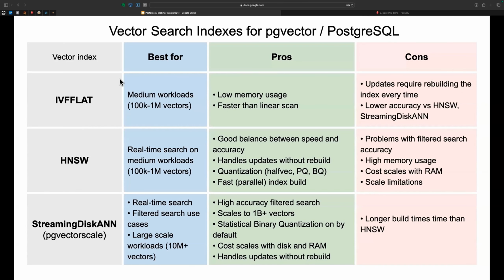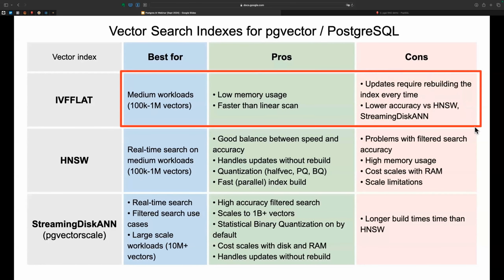And so let's start with IVF flat. This was the first index that was introduced in Pgvector. It's good at medium workloads. Again, it's faster than a linear scan, and it does have the pro of low memory usage, but it does